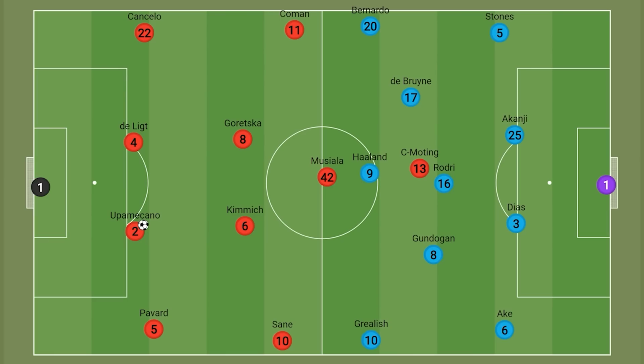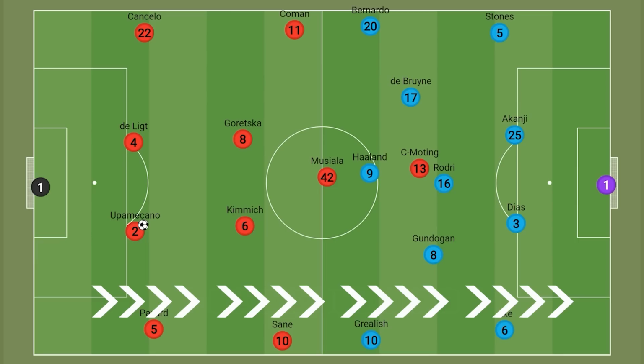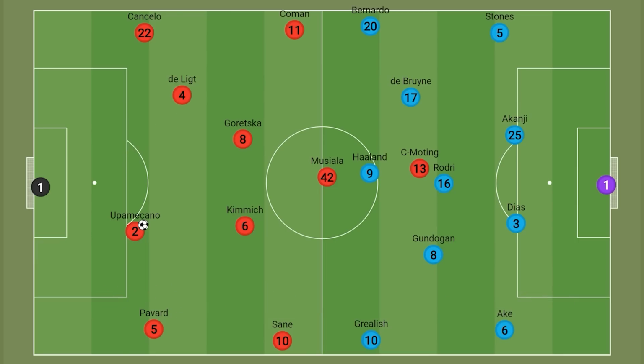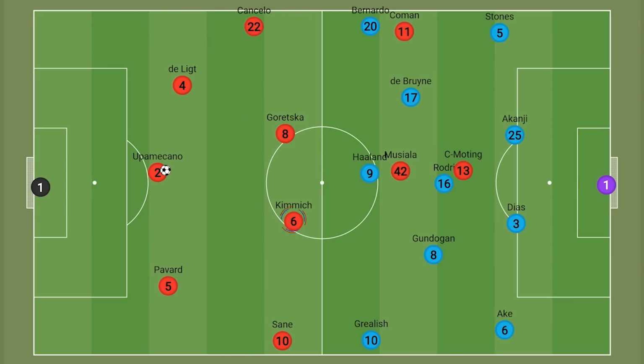And right from the off, there were various ways that Bayern could take advantage of City's shape, and most of the progression came down the flanks, with the right hand side in particular being targeted. We could at times see Bayern Munich build in more of a 3, with Pavard remaining deeper, whilst Cancelo on the other side would have more room to progress. At times we could see them use this double pivot of Goretzka and Kimmich, but for the most part, one or the other would remain deeper, allowing the other to push higher up the pitch to be closer to